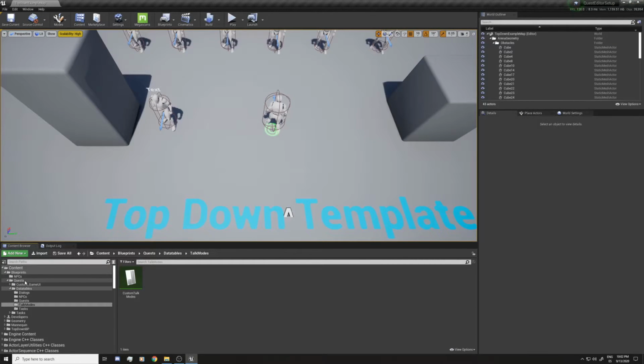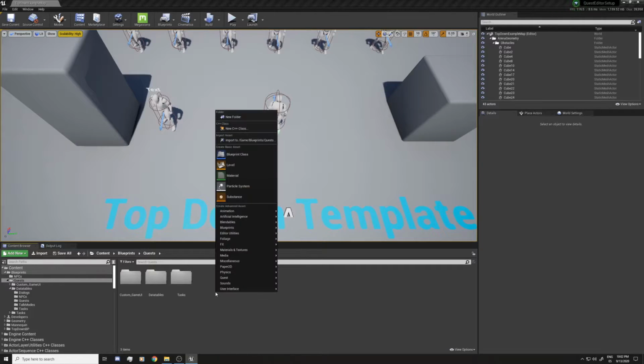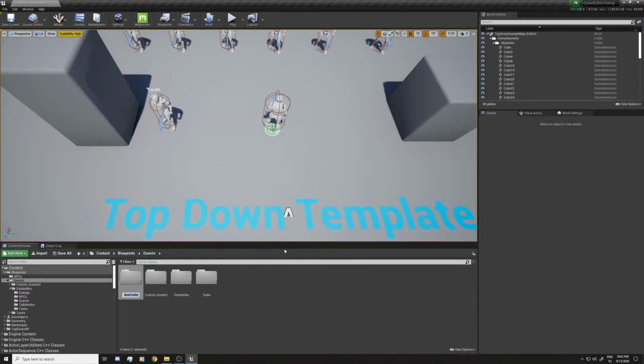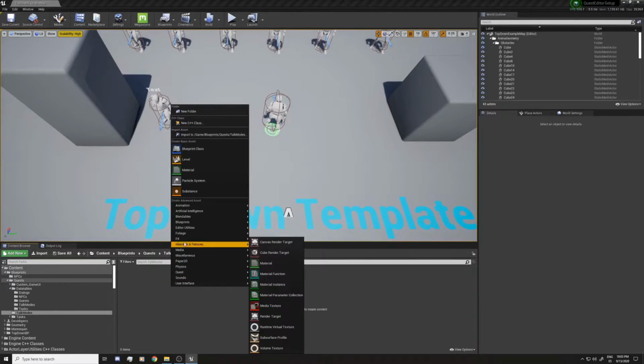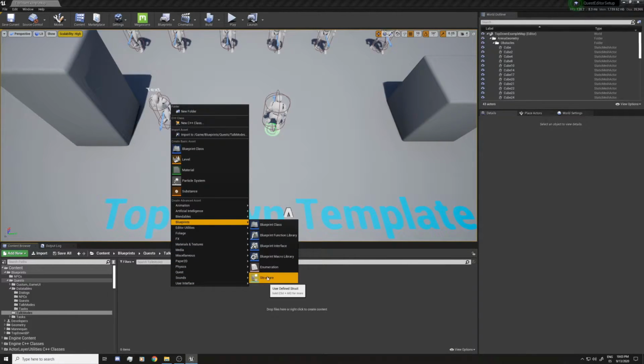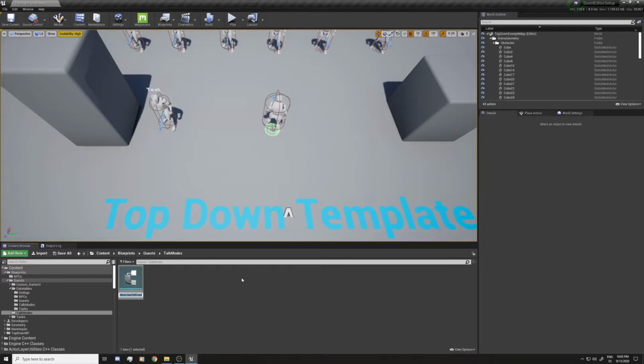I'm going to go to the quest folder now and create a new folder here. I'm going to call this one talk modes 2, and in here I'm going to put all the necessary things for this mode. What we're going to do in this mode is pass a custom structure in each talk task, and for that we're going to need a structure. So I'm going to create that one, a structure, and call this conversation example data.